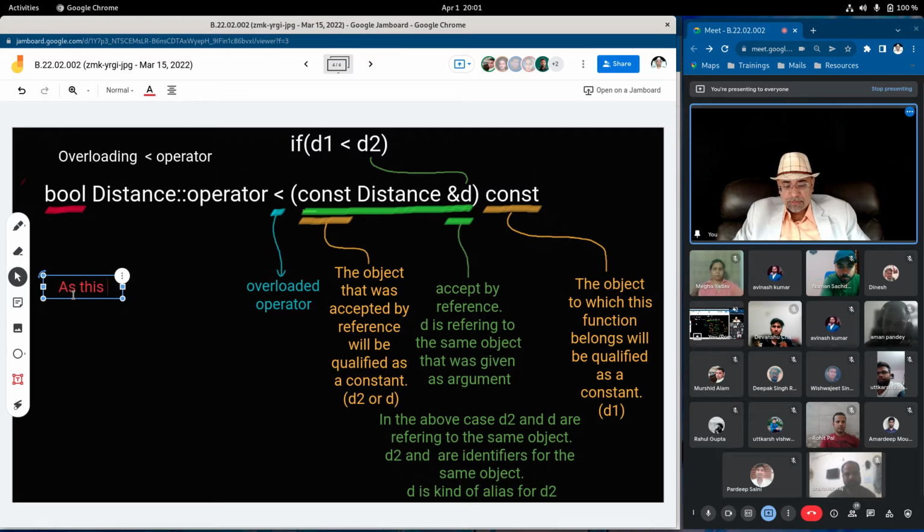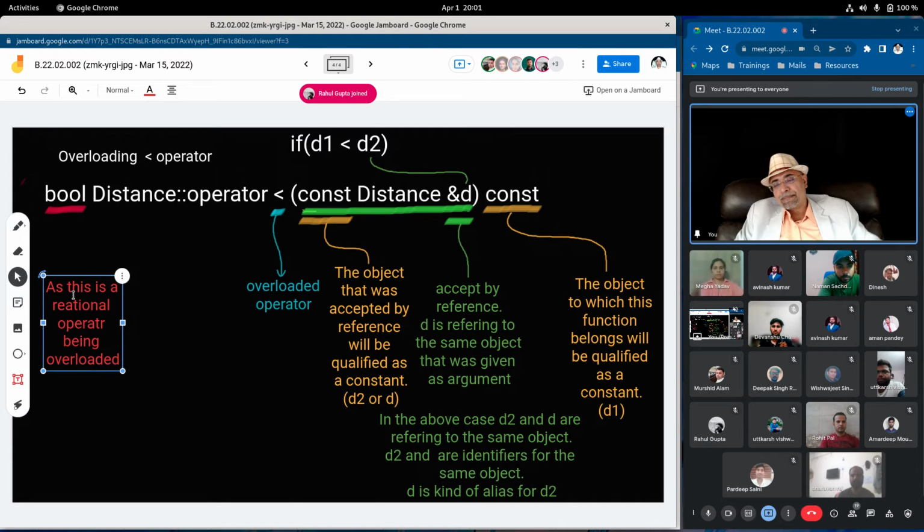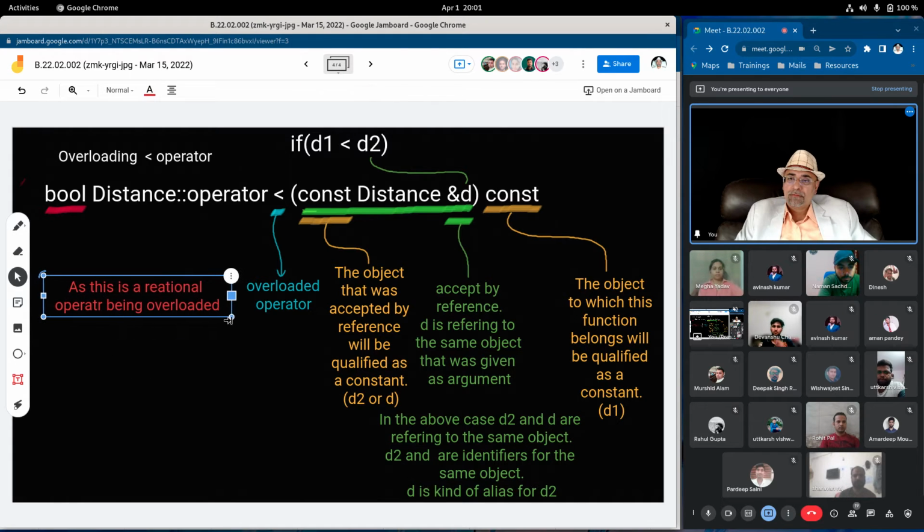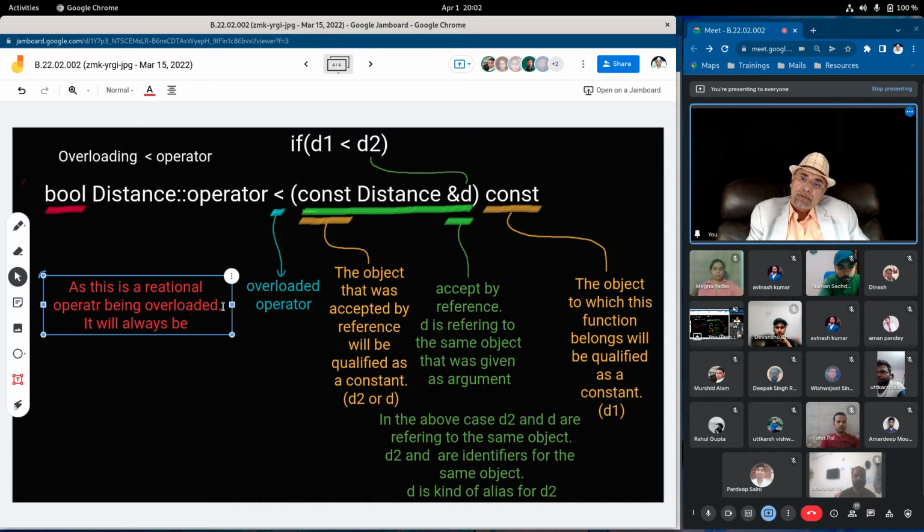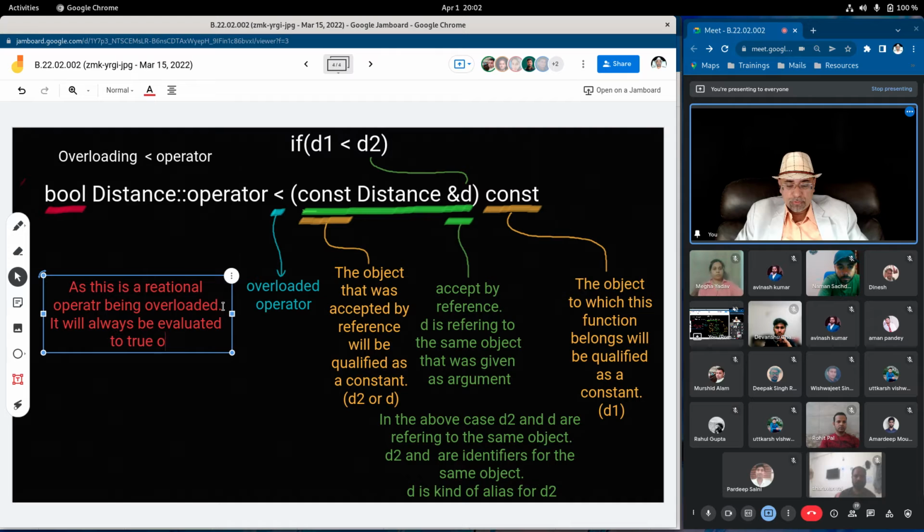As this is a relational operator being overloaded, it will always be evaluated to true or false.